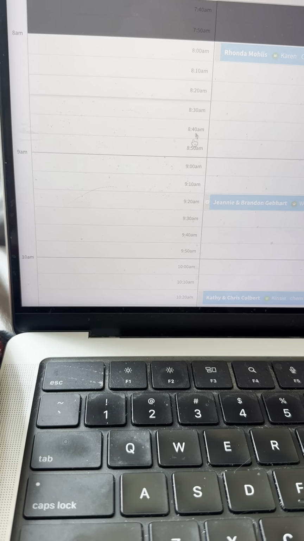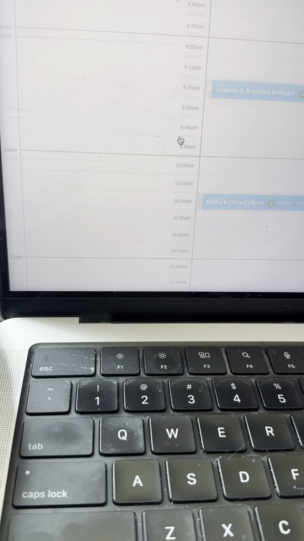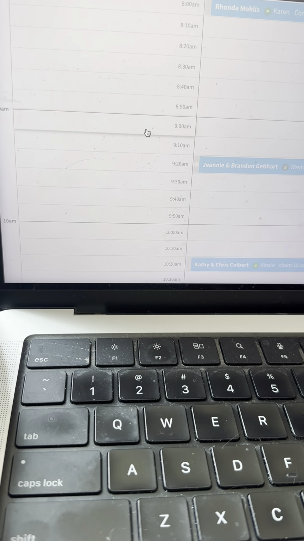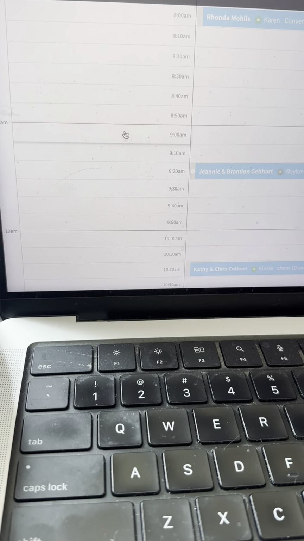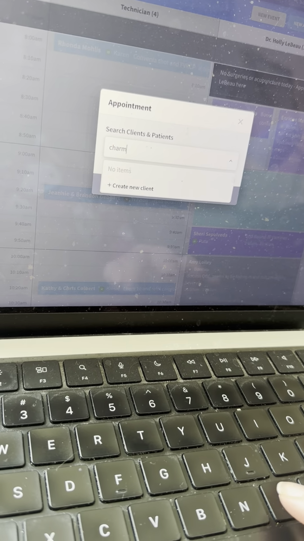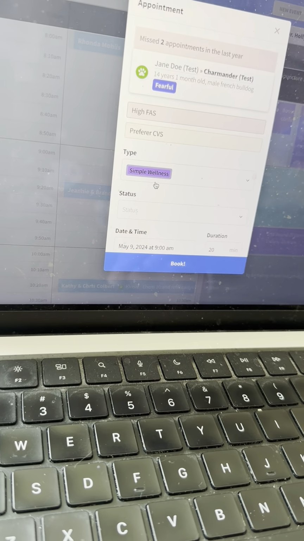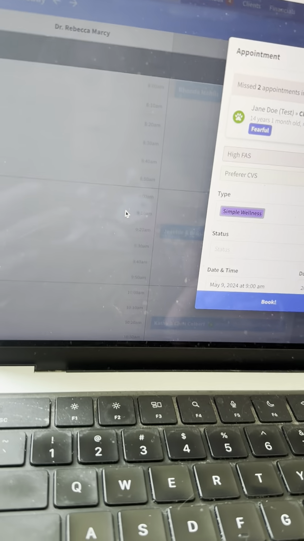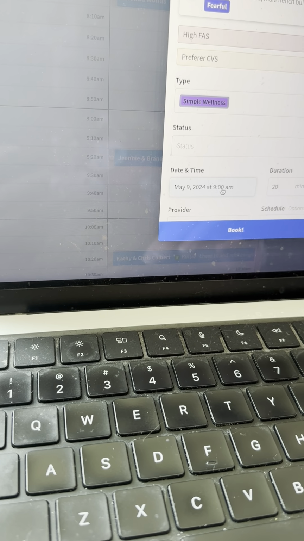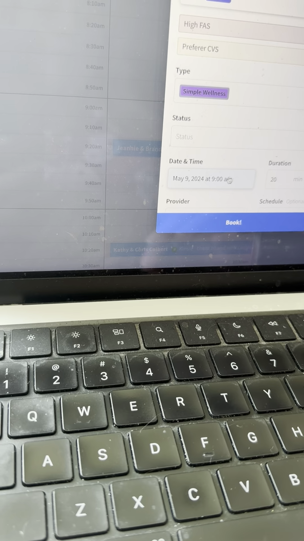The second way that most people find easier is to scroll and find your open appointment at the time that you're hoping. So if we wanted to put Charmander in at 9 a.m., you find that opening, you click on it and do the same search feature, but it helps keep you more organized by looking and seeing the specific time and clicking on it. And then when you're in this screen, it defaults to that time that you just clicked on